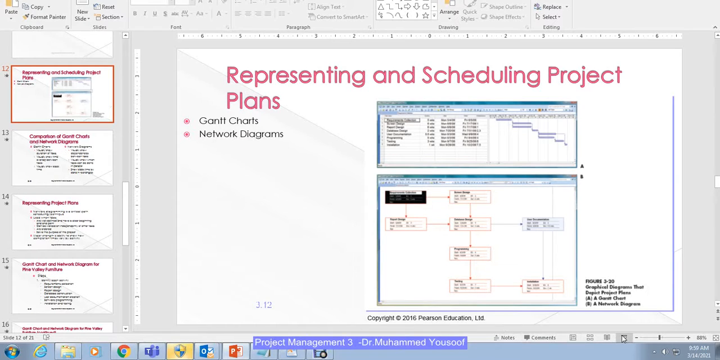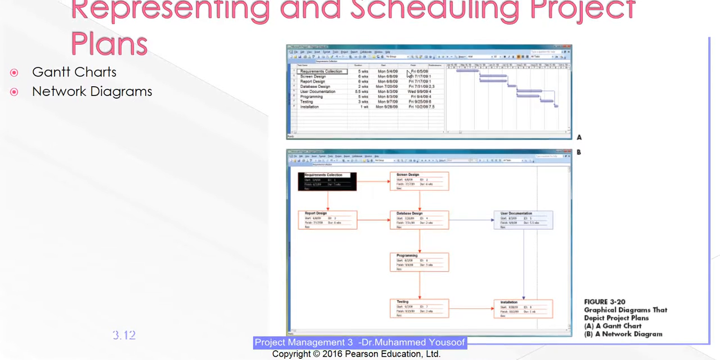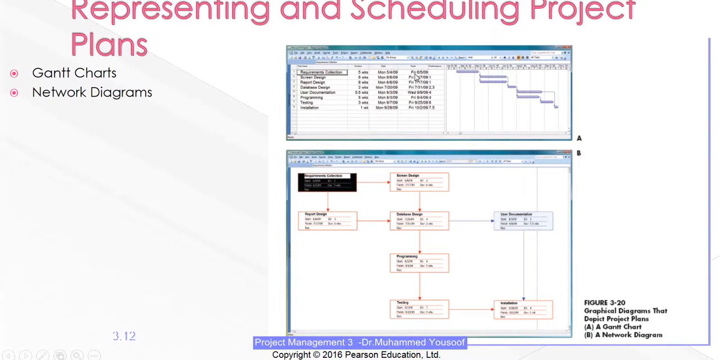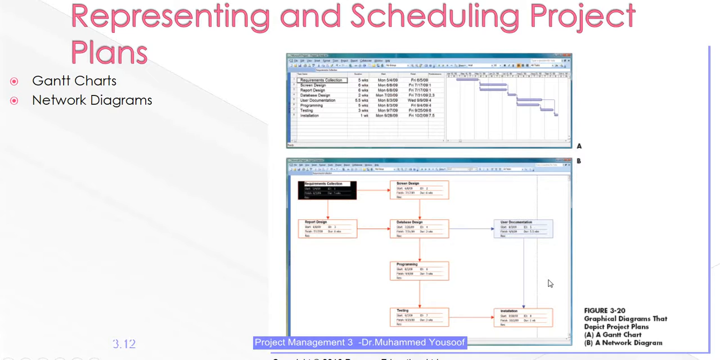Now if you look at this one, you can see here requirement collection, 5 weeks. From this date to this date we are going to collect the data requirements. Then we are going to design the screen user interface from this time to this time. Then we are going to do the report design, database design, documentation, coding, testing, installation. So how the system is going to be developed, what the plan is, is being explained here for you